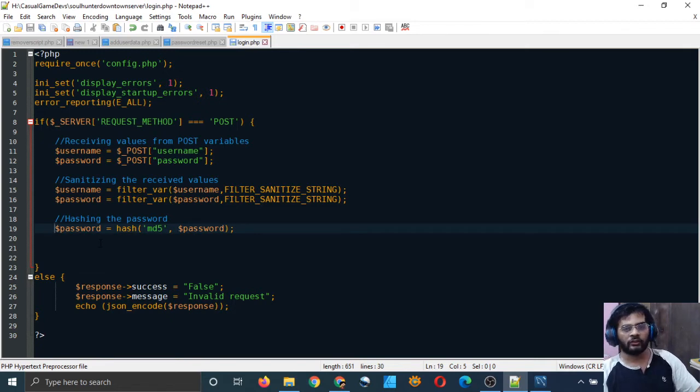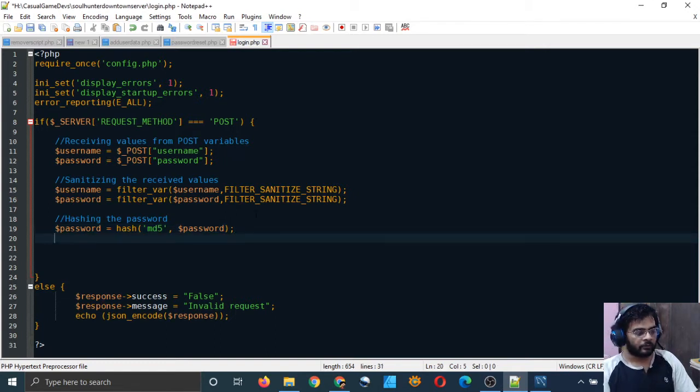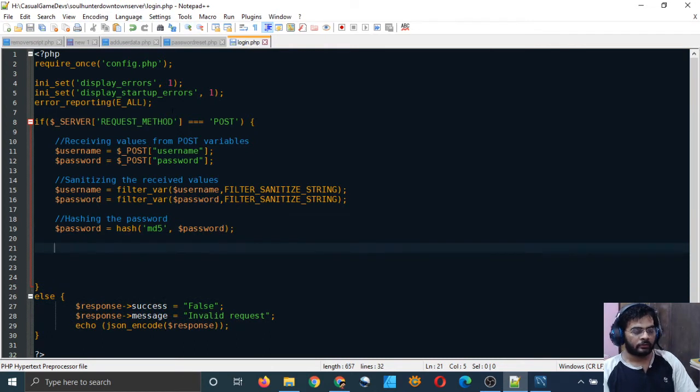We will match the hash code of the password and not the password itself, right? Because we didn't store the password, we stored the hash code of the password. So when we receive the password from the user for logging in, we will take the password, convert it into hash code, and then match the hash code which is stored in the database. That's what we will be doing, right? So that's why we created a hash of the password in the login script also.